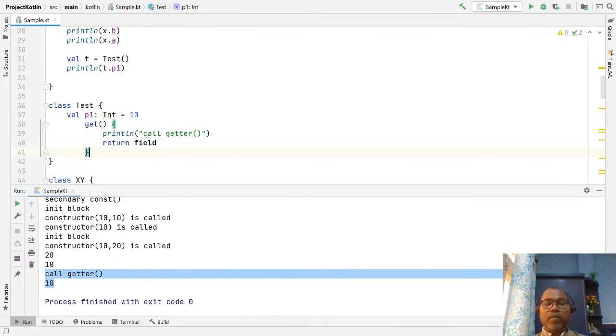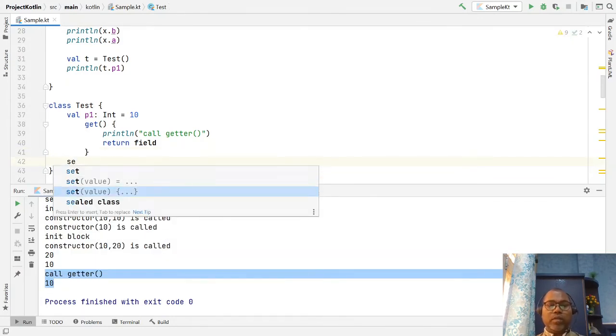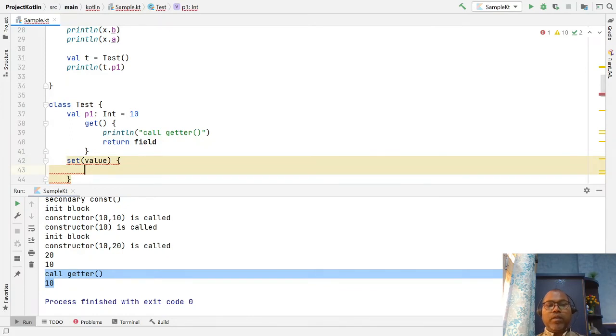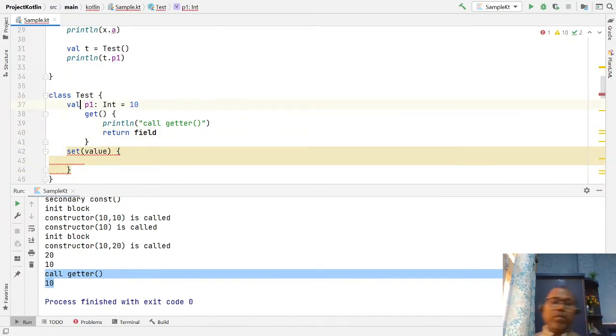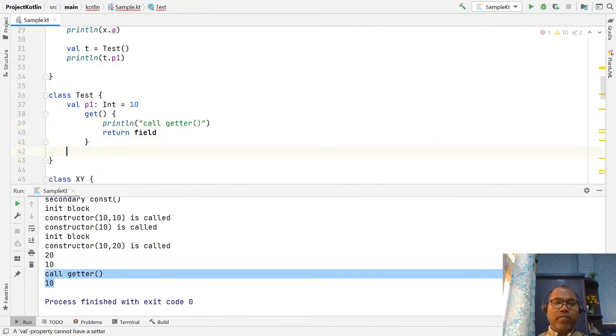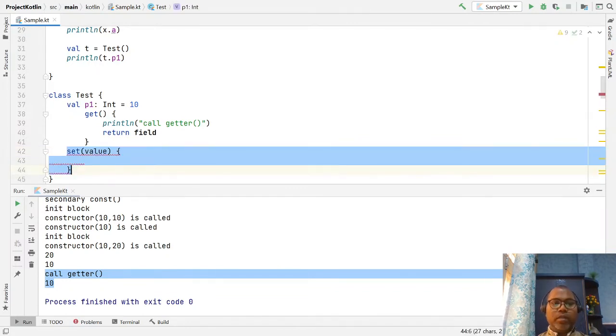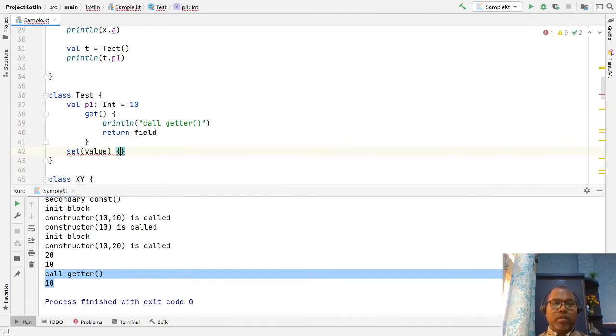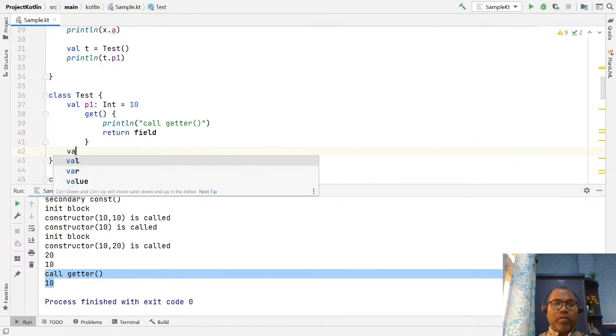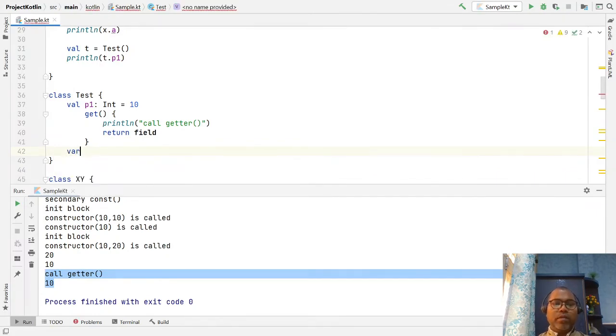If you want to provide a setter, you can write set. But for the val keyword you cannot provide any setter, so we need to change it to the var keyword.